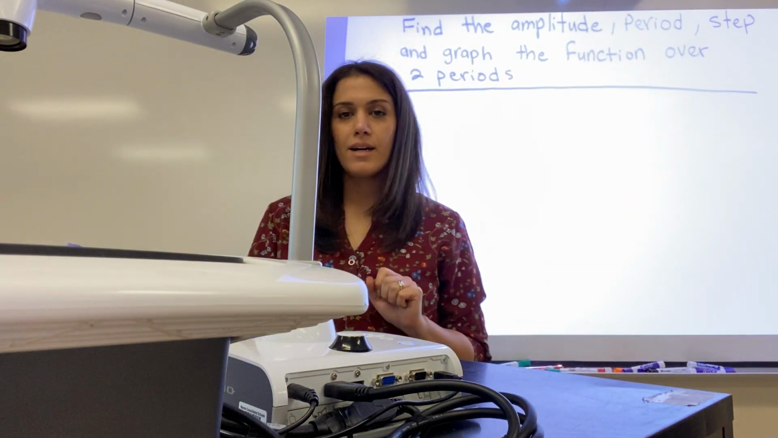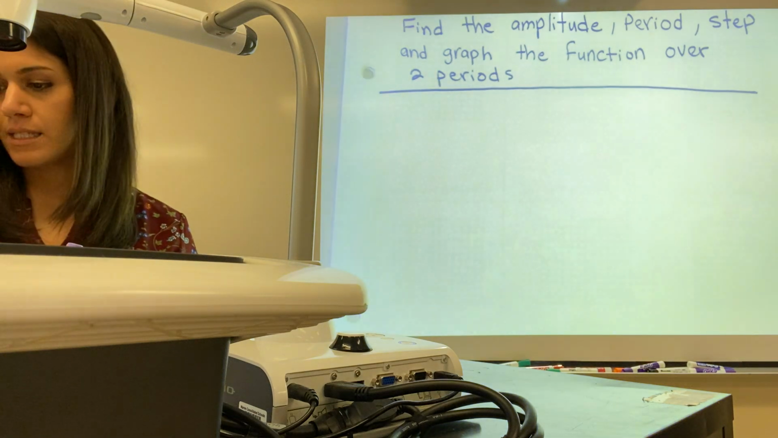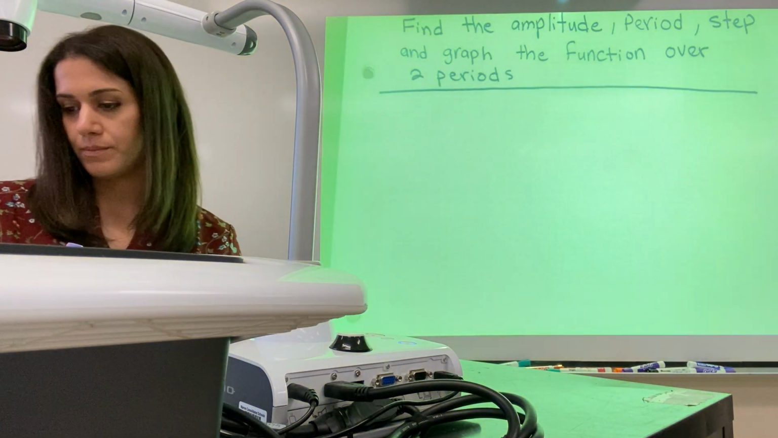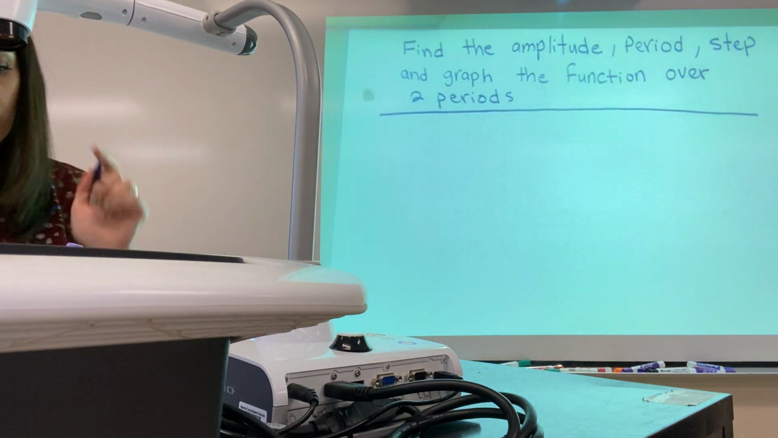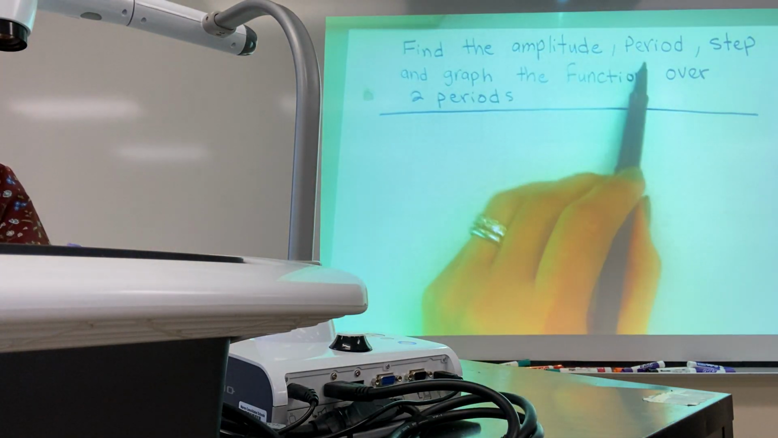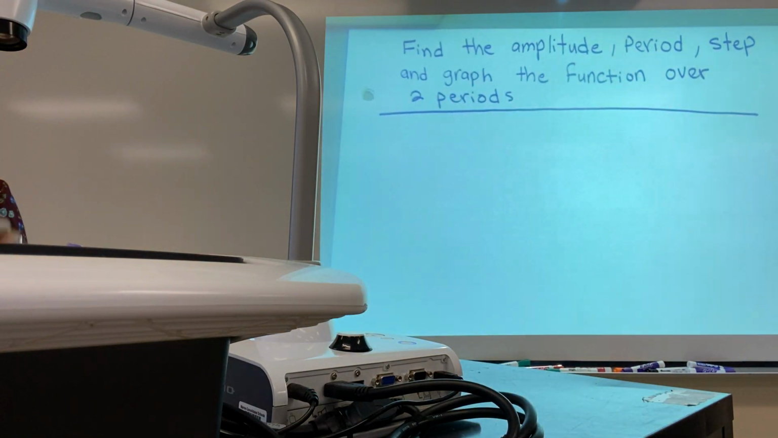Okay, hello again. This video is the second video of section 4.1, and we're going to look at two more examples of graphing sine and cosine functions. So here, my example says find the amplitude, period, step, and graph the function over two periods. First one that we're going to look at